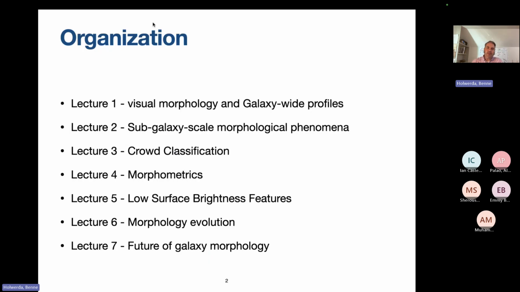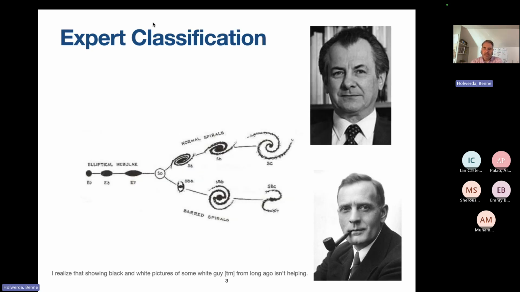So we had the visual morphology. That's very much the lecture one. The thing that I talked about was de Vaucouleurs and Hubble. These were the experts of old that looked at photographic plates and classified things. Now we're going to talk about crowd classification. So we had that expert,